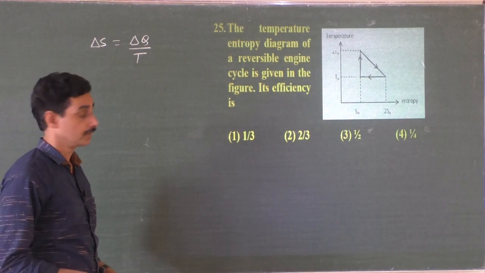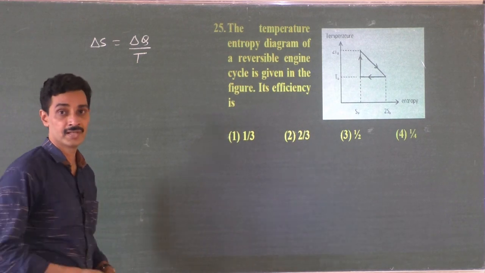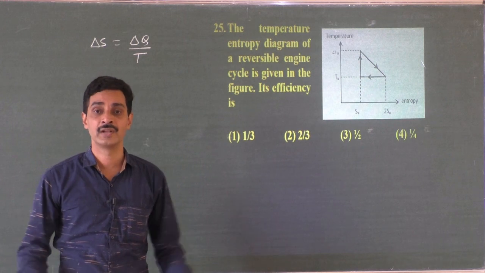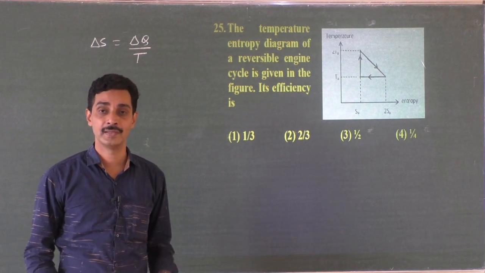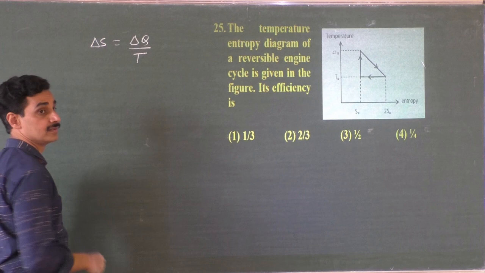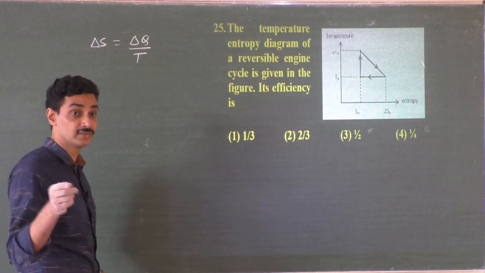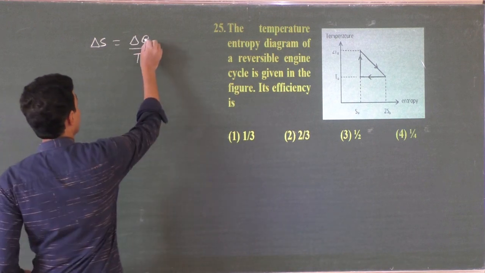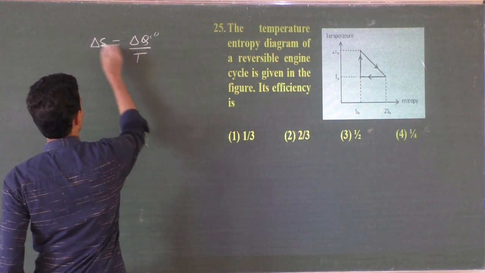See, what is an adiabatic process? Adiabatic process is a process where heat energy is neither absorbed nor given out. Then what happens to the entropy? It remains the same, right? There is no change. I don't say there is no entropy. There is, but there is no change in entropy. And in an adiabatic process, delta Q is 0, so delta S is 0.